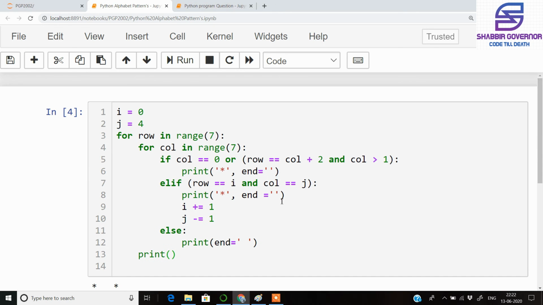So this was all about how you can print a K alphabet in Python, and the conditions that you need to write for this kind of program logic, and how you can make such a condition in the form of rows and columns, so that stars are printed at only those locations which will finally show us the result as the K alphabet. So this was enough for this video.